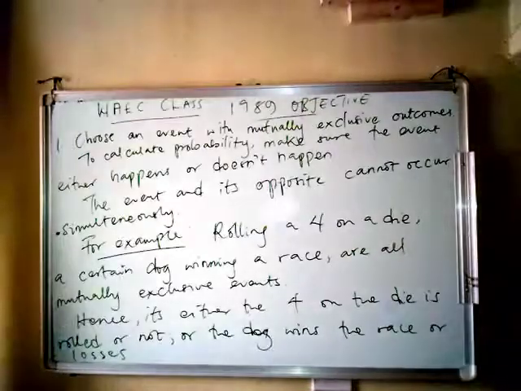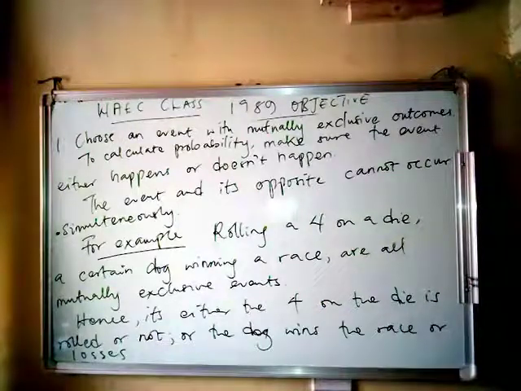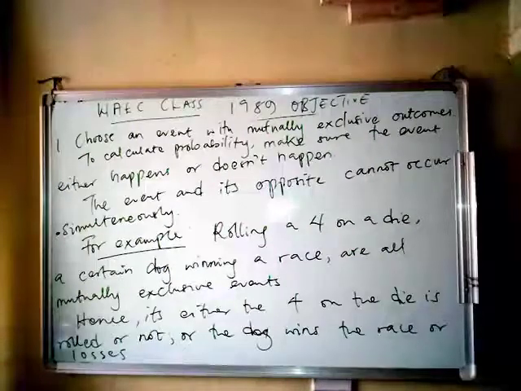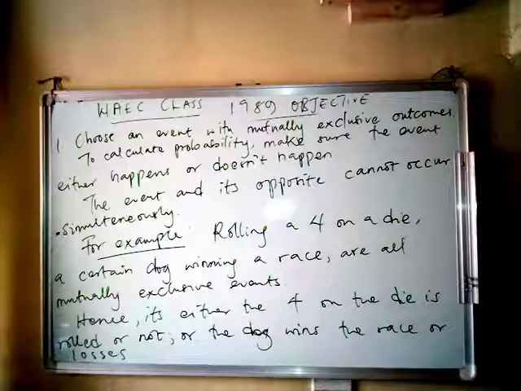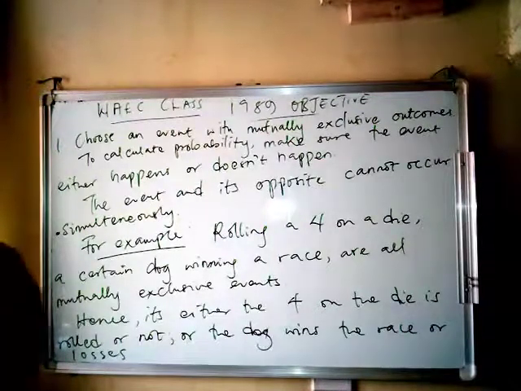So let's look at the first way to solve probability. When you have what is called mutually exclusive outcomes. Mutually exclusive outcomes. Now, what does that mean? When something is said to be mutually exclusive outcomes, well, let it not sound as very big a grammar for you. When something is mutual and something is exclusive, let me still use